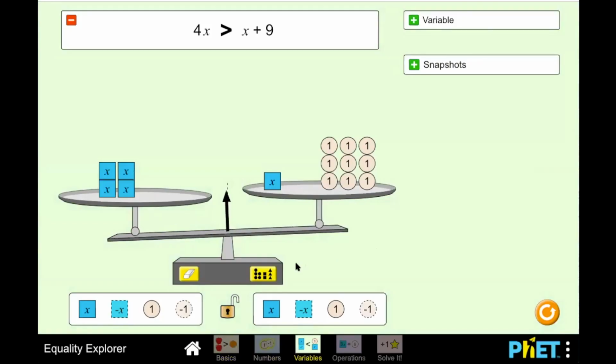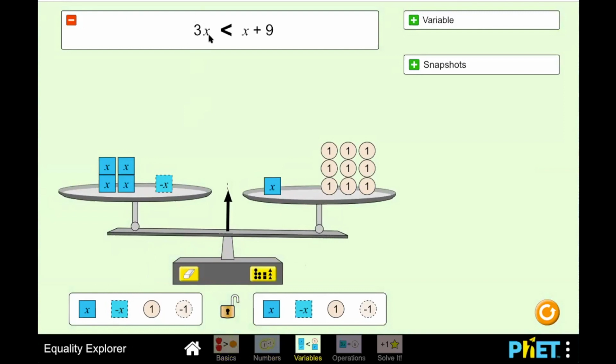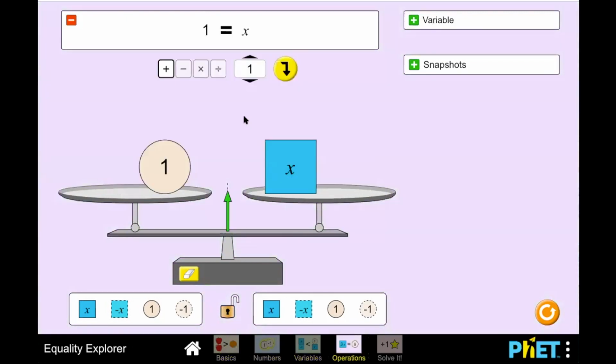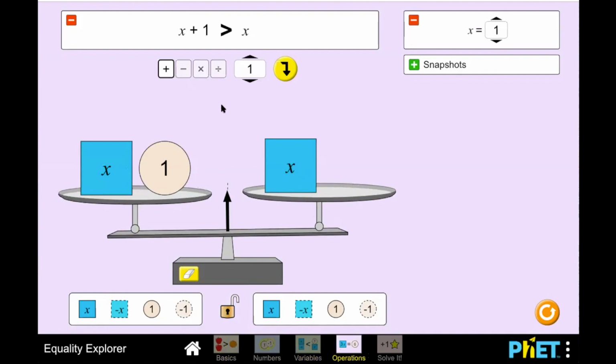And then it goes into variables. I thought this was interesting that it just changes this to 3x. And so there's a connection to be made between the visual. I'm not sure I remember this one. Oh, this is just doing the same thing to both sides, I guess. Or is it? You can change what x is equal to here. And you can build whatever you want. So I didn't play with this one as much.